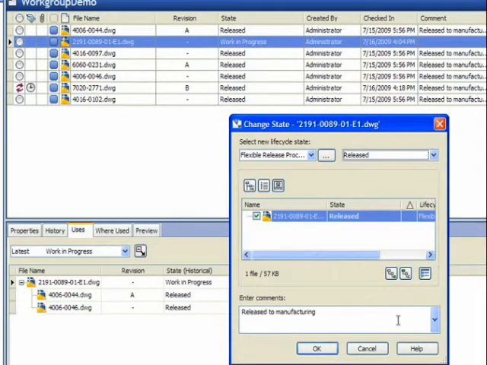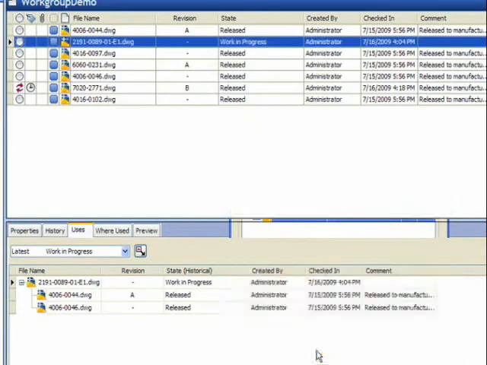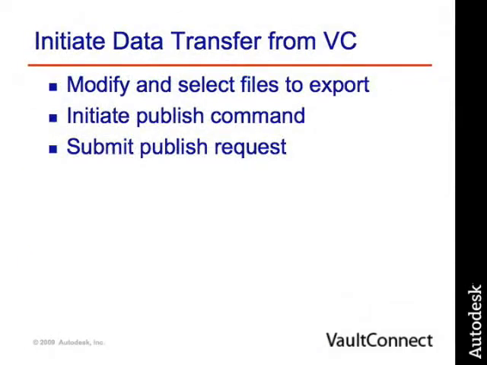The new release state is reflected in the Vault Explorer view. In the following sequence, we will show how data is transferred from Vault collaboration to SharePoint. This process includes selecting the files that will be exported, executing the Publish option, which allows for characterizing the configurations of specifically what data is transferred, and overviewing the activation